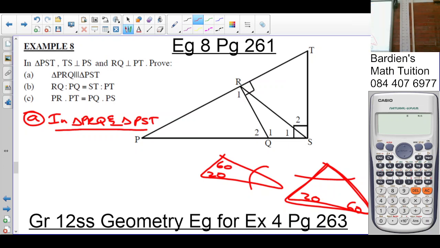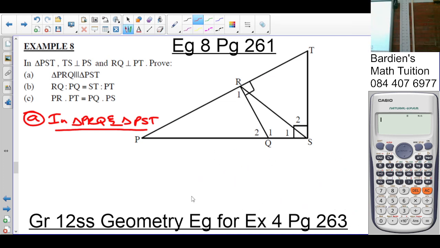Okay. So if we can prove that two angles are equal, automatically the third one will be equal, and the two triangles are similar. Looking at the two triangles in question, it's going to be PRQ, that triangle here, and PST. So what can we say about those two triangles? Which angles are equal? First, angle P is in both triangles, not so? So what do we say? Angle P is your